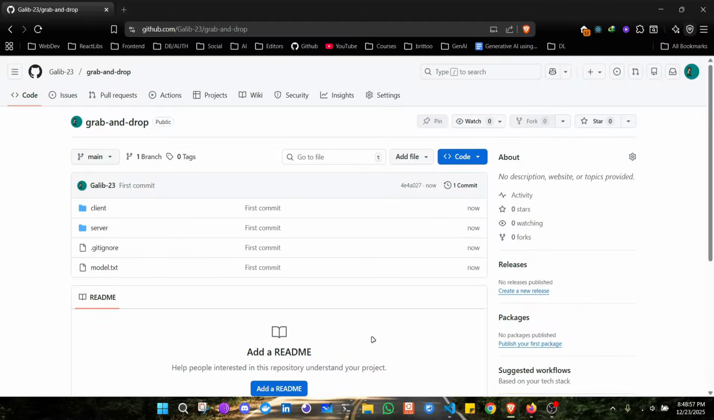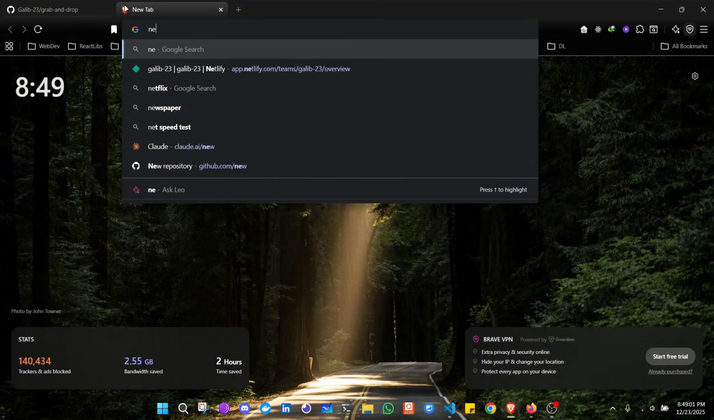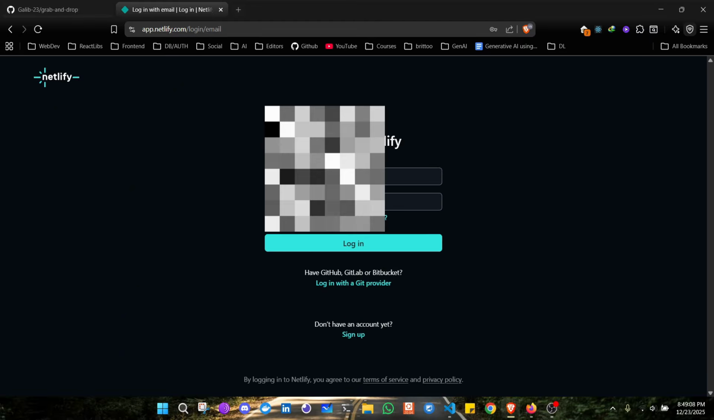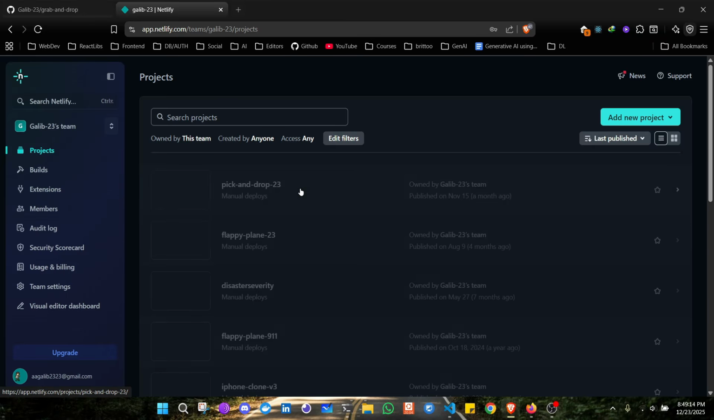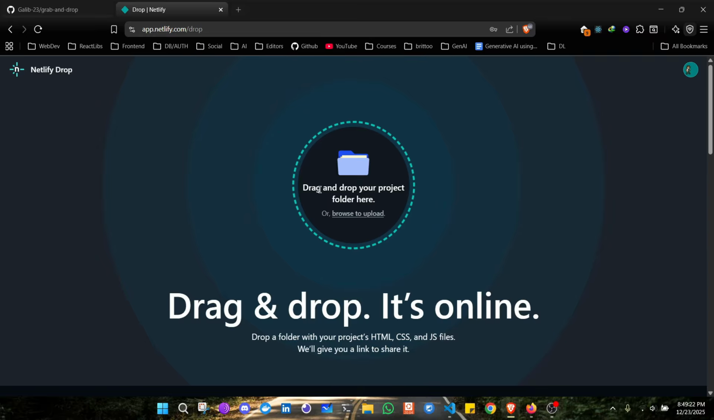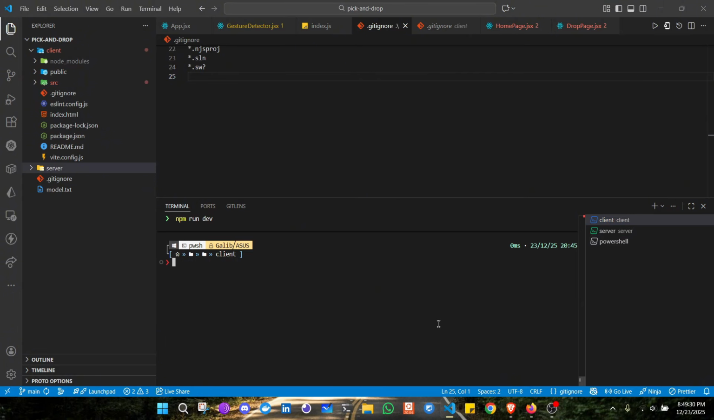So for deploying the client side, you can use Netlify. Just create an account with your email and password or whatever you prefer. Now click on add a new project and deploy manually. Now you have to provide the link of your build project. So for that reason, let's go to client, here run npm run build,